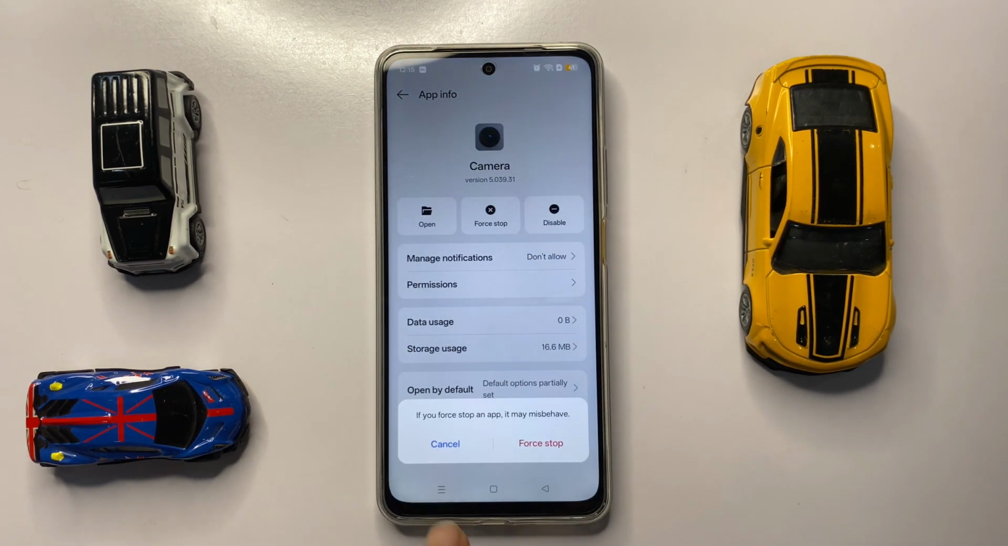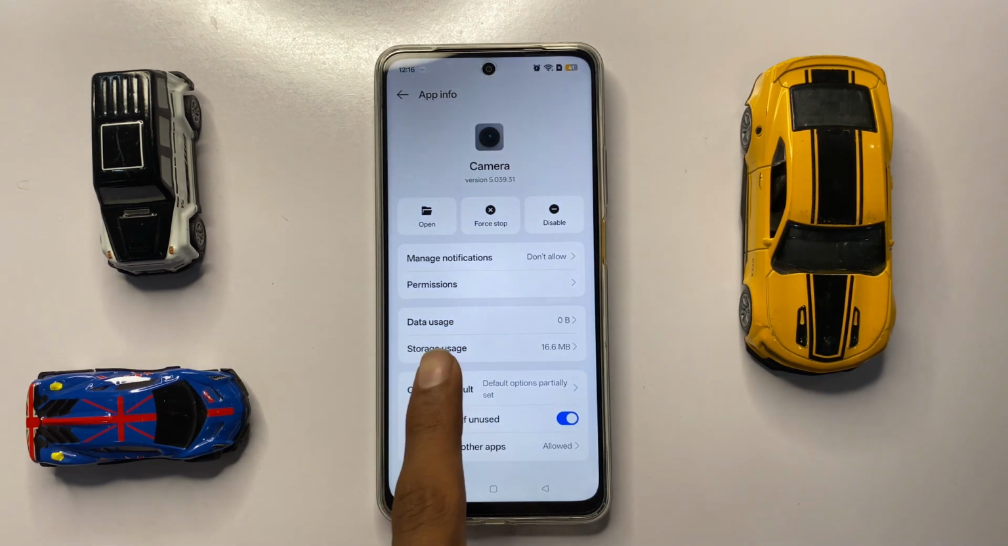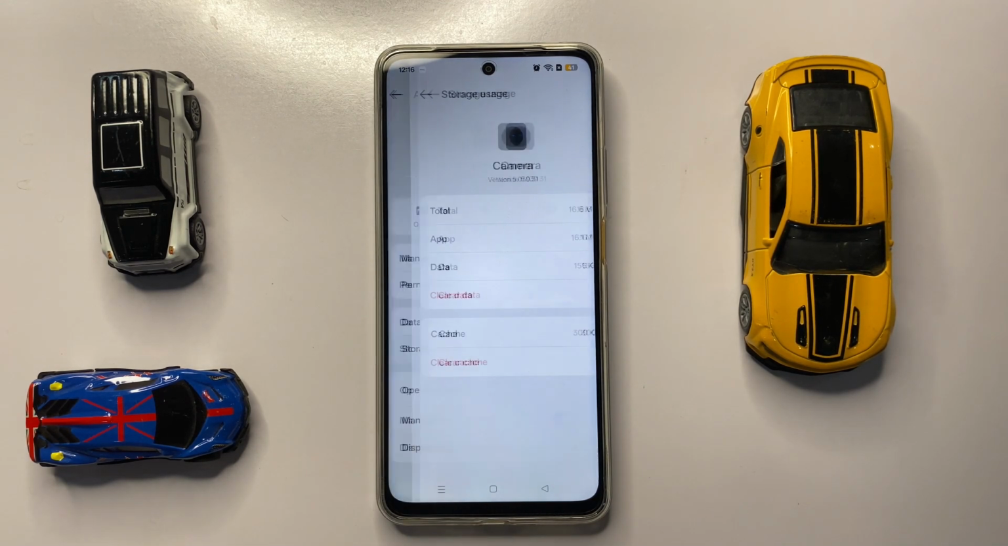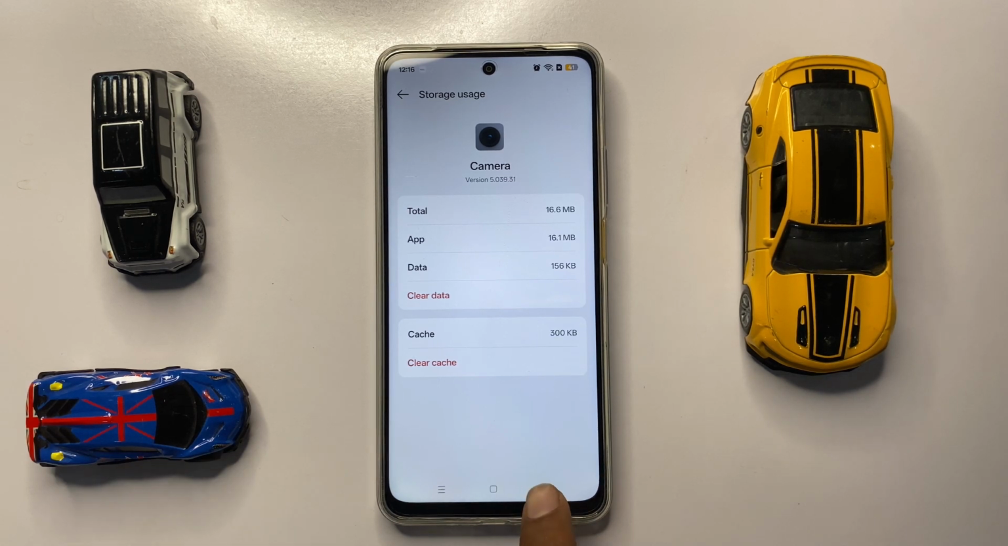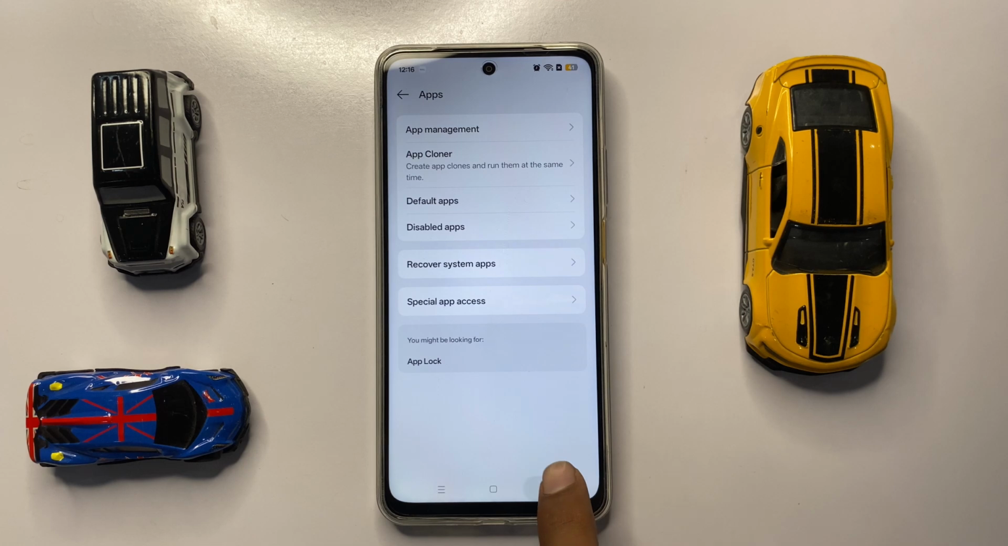Now click on force stop and then again click on force stop. After force stop your camera, then click on storage usage and here you can clear the cache memory of camera. After clearing the cache memory of camera, then go back to the main page of your settings and click on